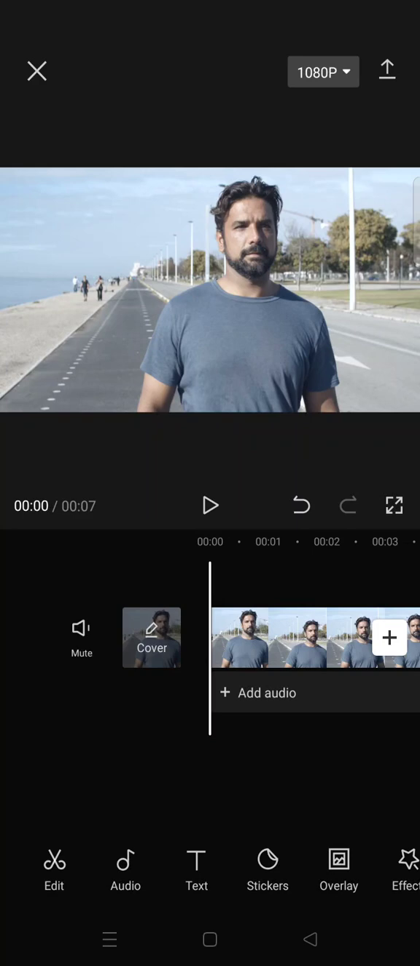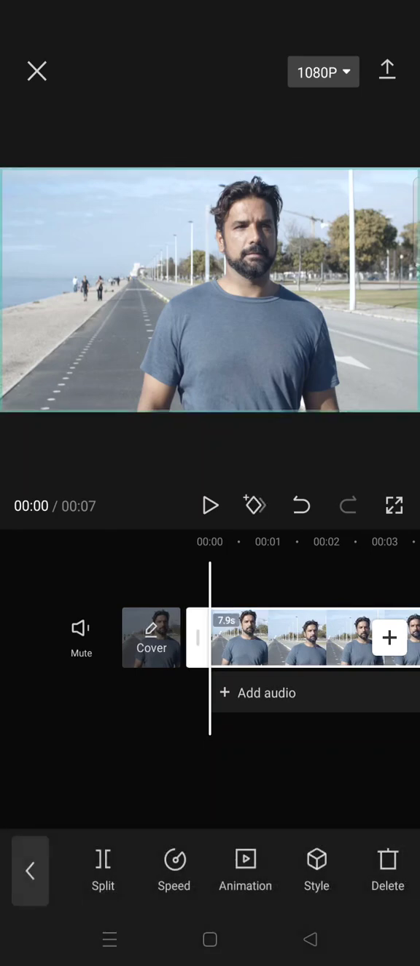So on today's video, I'm gonna show you how you can make a blur video background like a mirrorless camera video only by using CapCut. So in here, I've already prepared a clips, and what you need to do is first copy the clip